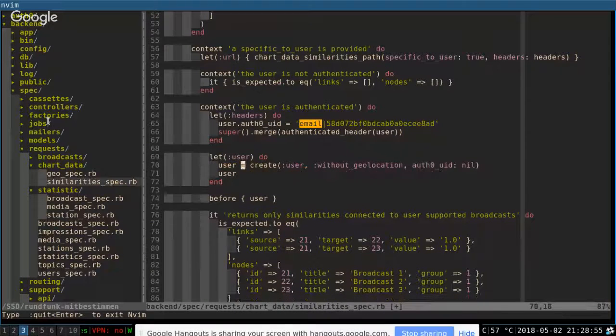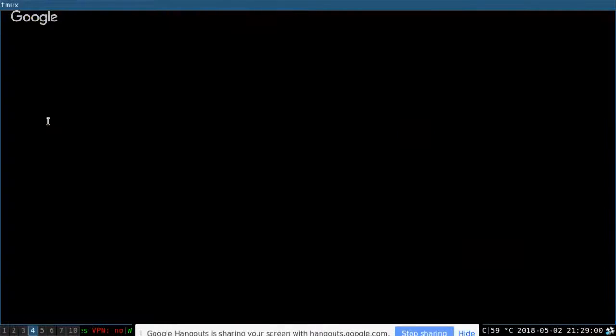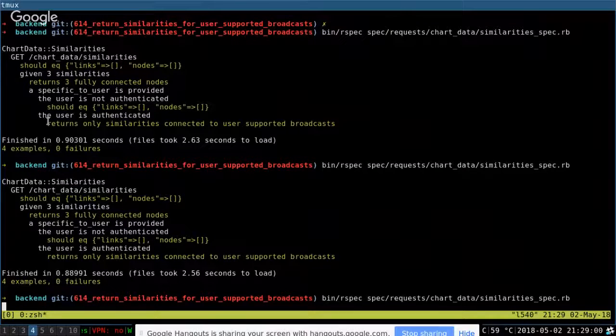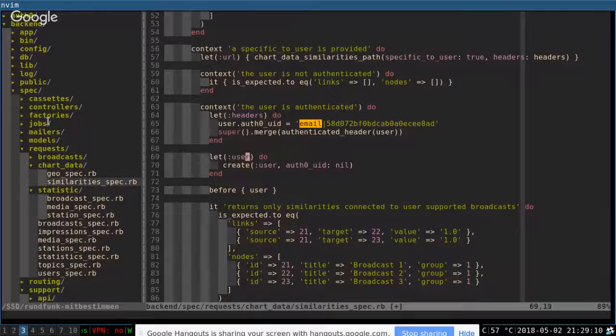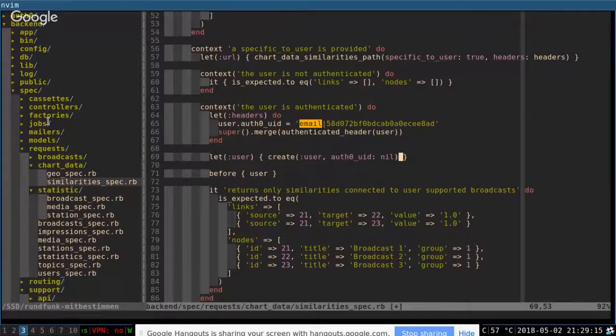We can say without geolocation, can we? Okay, so at least this one is working just as we expected. Sometimes it's because of the timing when user is called.